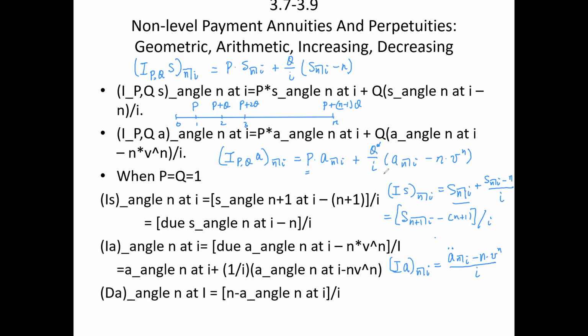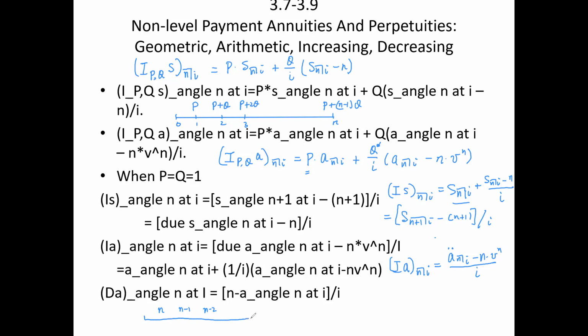This is also 1. And you put them together, you would get A two dots, the annuity due. And DA is this thing. You start with n, and then you have negative ones. Next one is n minus 1, n minus 2, and you have